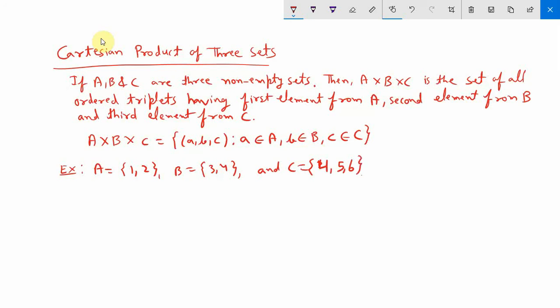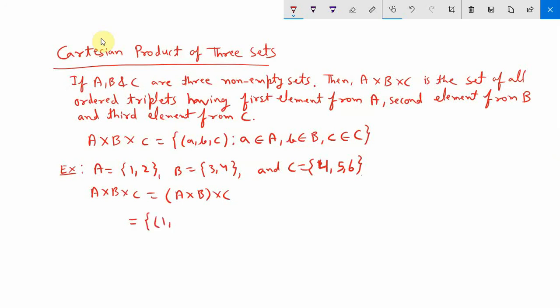Okay. So what will be A × B × C? This we can write as (A × B) × C. So first we will find A × B, then we will make triplets with (A × B) × C. Okay. So A × B will be: